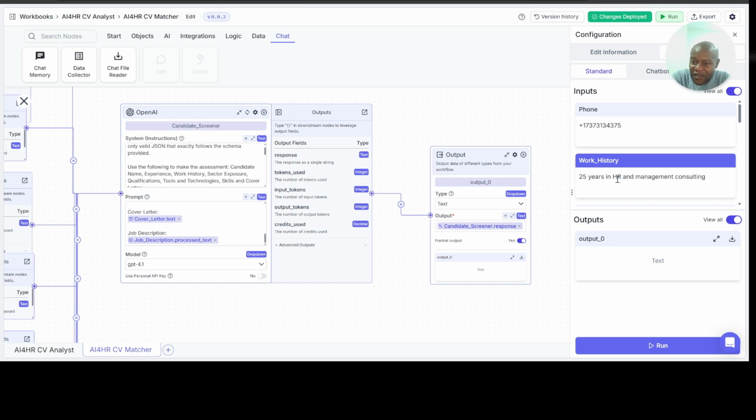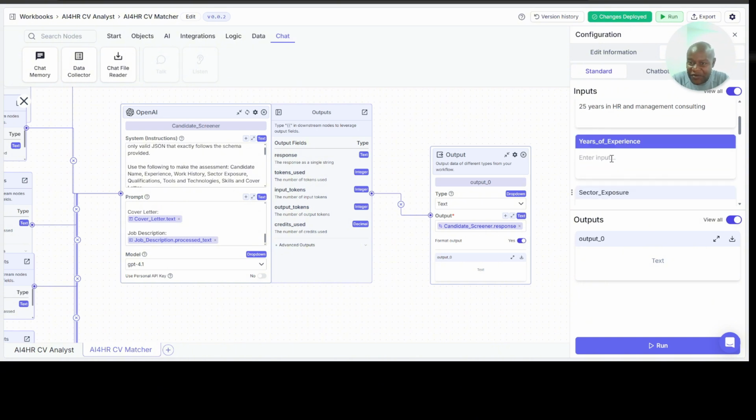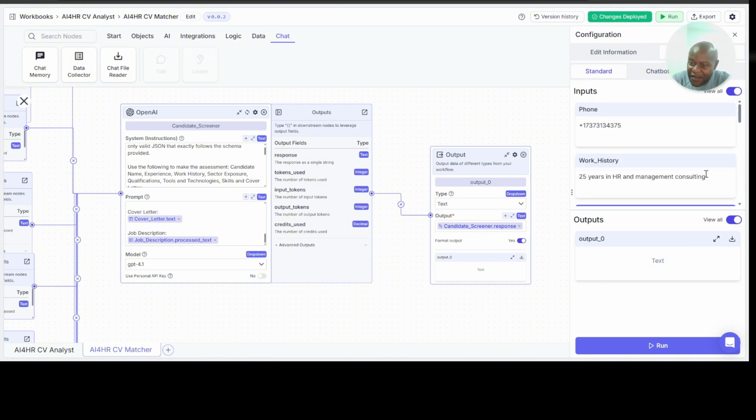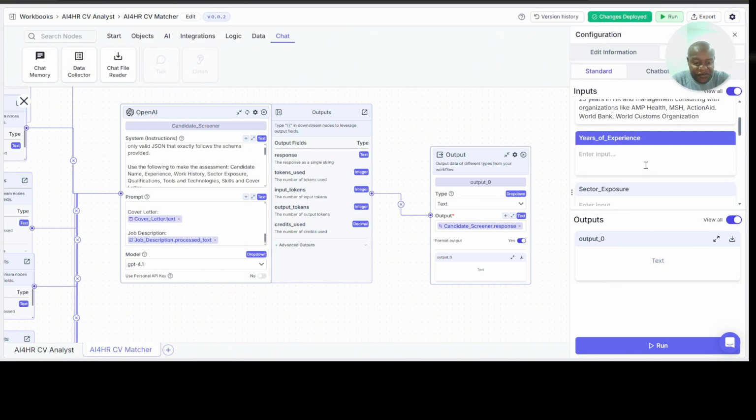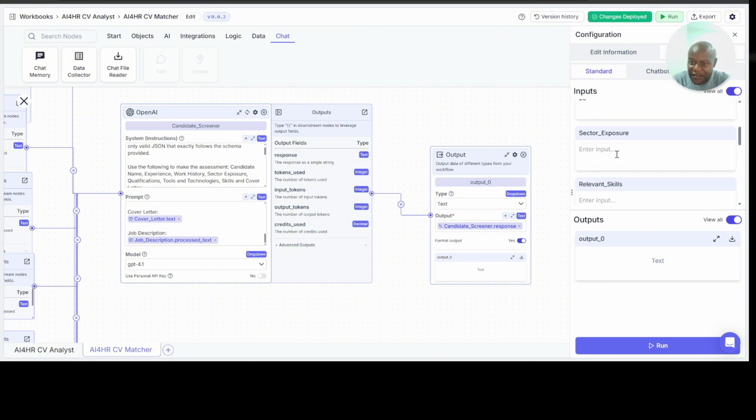And yes, I think that is more than enough. It may not be adequate. Years of experience, work history in okay. With organizations, MSH, ActionAid, World Bank, name it, all customs, organization, etc. Just for purposes of demonstration, 25 years experience, sector exposure, public, private,